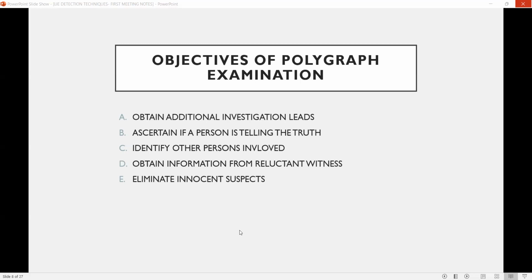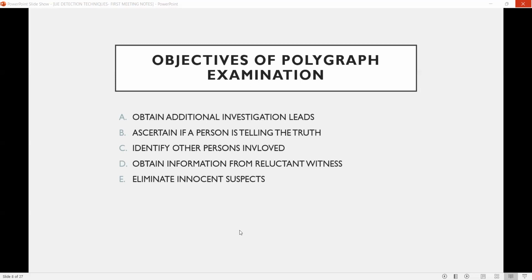Maybe it recorded changes of the blood pressure or pulse rate, there's changes in the respiration, and it is no longer normal, above normal already. Also in the galvanograph, it is no longer normal. So in analyzing and interpreting, the polygraph examiner can ascertain if a person is telling the truth,